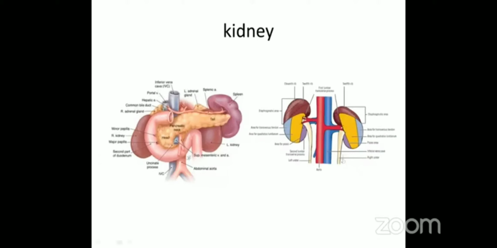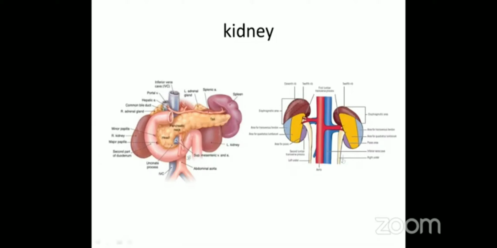So the right kidney will have relation anteriorly to the liver, then the duodenum and the pancreas, but the left kidney anteriorly will be related with the stomach, the pancreas mainly, and the spleen. So these relations will vary for the right kidney and left kidney. Posterior relations are mostly common because it is related with the posterior abdominal wall. The upper portion is related with the 11th and 12th ribs, and on the right side only the 12th rib. The right kidney is at a lower position because of the liver. That is the only difference.